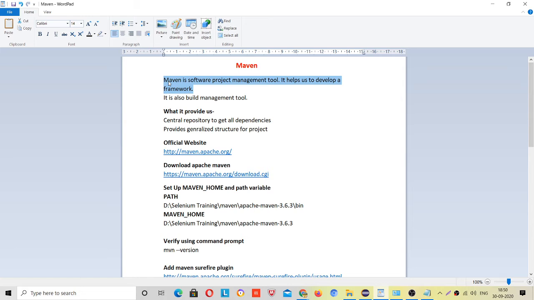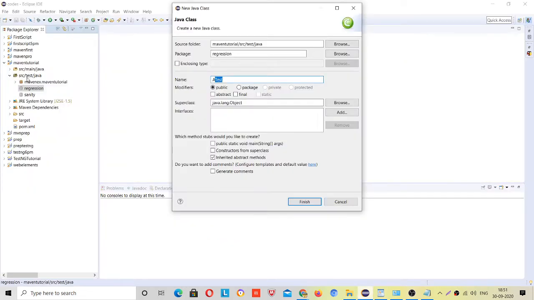Suppose I am leaving this project tomorrow and someone is coming in my place, then Maven provides a mechanism. People just have to understand that mechanism, right? If you work only in the core Java part, and not in a framework, then it will be hard to understand someone else's design, someone else's logic, right? That's why Maven says that you have to write all your test cases under this src test Java, right?